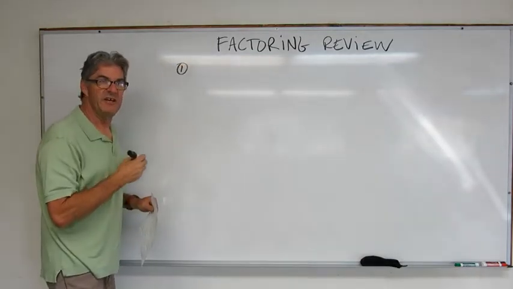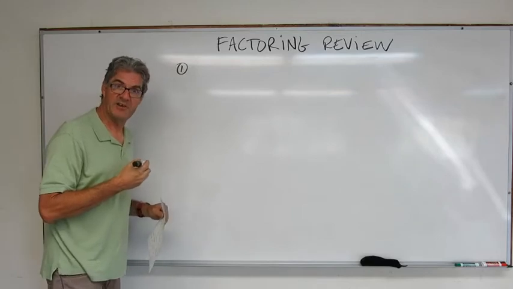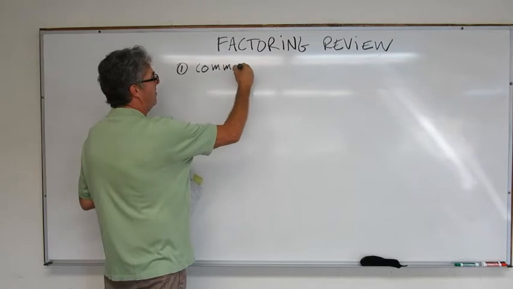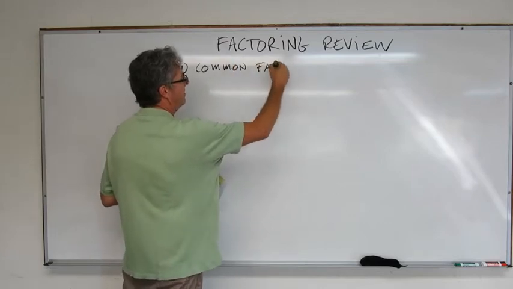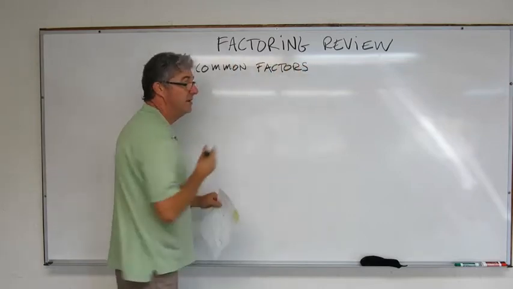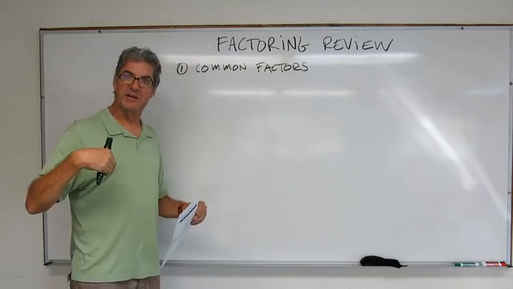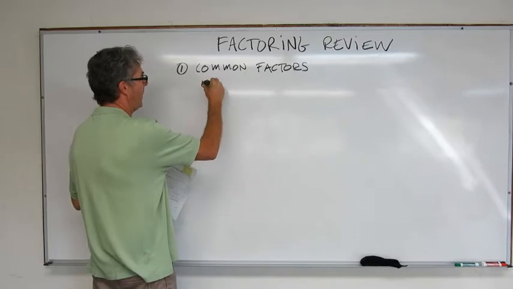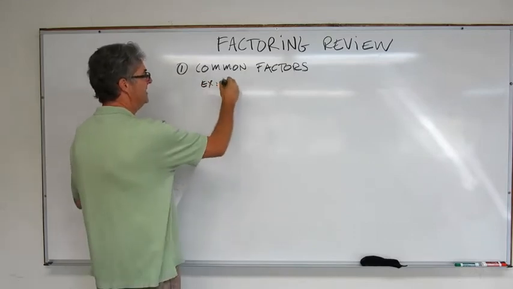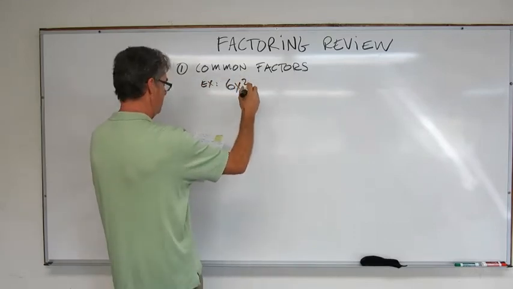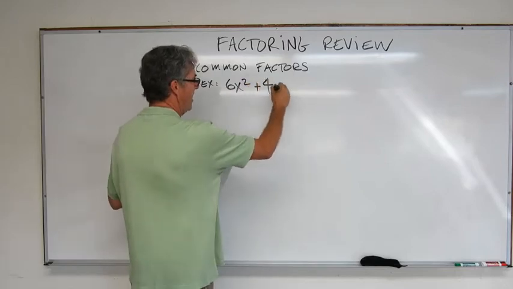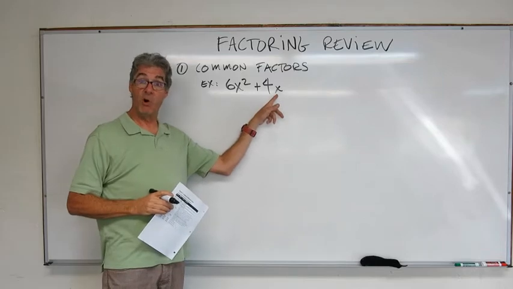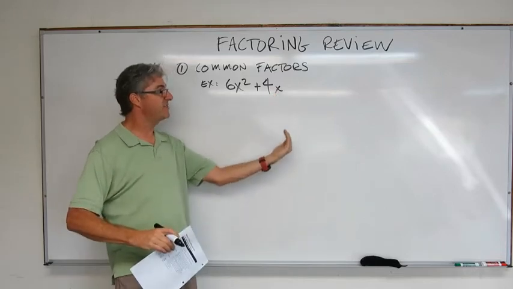The first technique is just pulling out common factors from your expression. This is kind of like undoing the distributive property. So let's do an example. 6x squared plus 4x. So there is a common factor in both of these terms that we can factor out